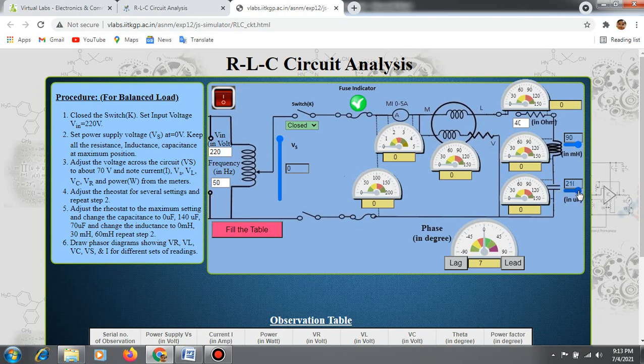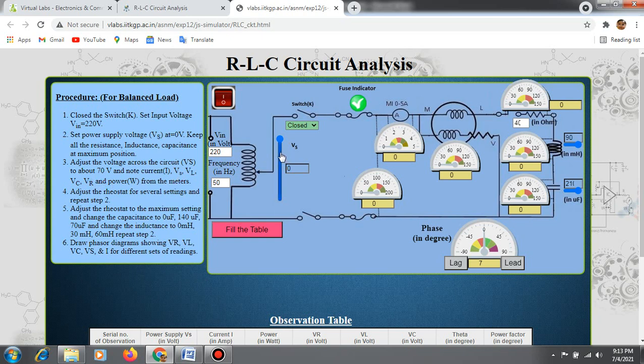We have set the values of inductance, capacitance and resistance. Next, adjust the voltage across the circuit Vs to about 70 volt and note the current I, Vs, VL, VC, VR and power in watts from the meter. Here I is the current, Vs means source voltage, VL means inductor voltage, VC means voltage across the capacitor and VR means voltage across the resistor.